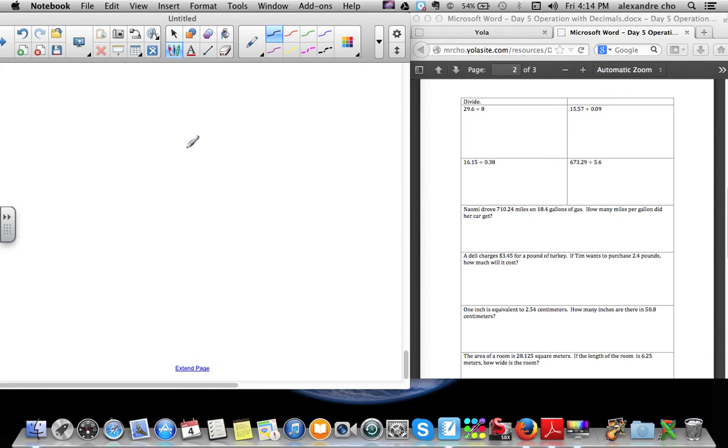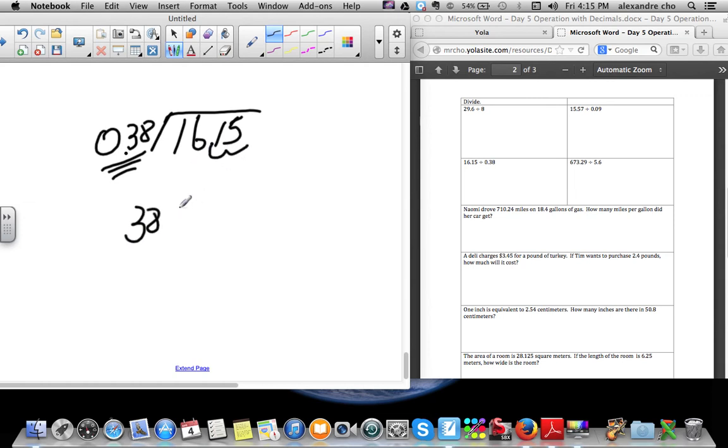So here we got 16. No, wait, for my slow computer. Okay, 16.15 divided by 0.38. And again, we want to make our divisor here into a whole number. Let's move the decimal 2 places to the right, becomes 38. This also moved 2 places to the right, becomes